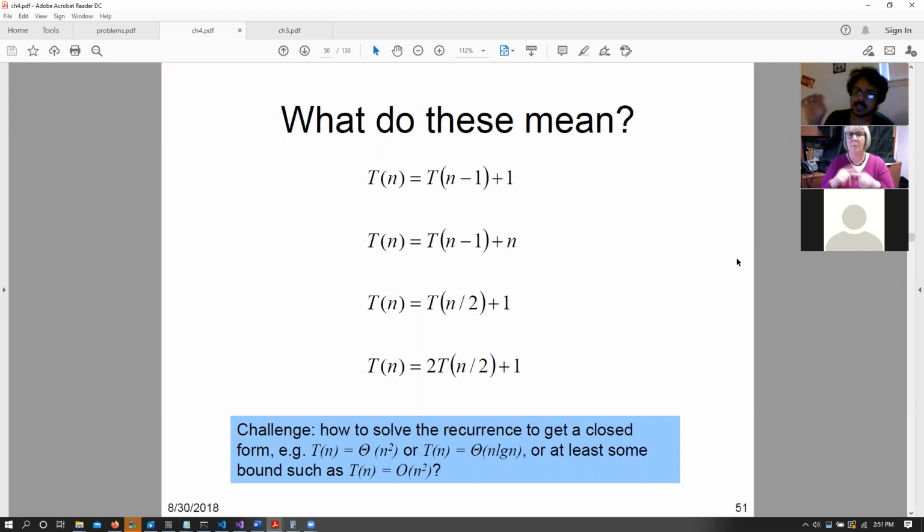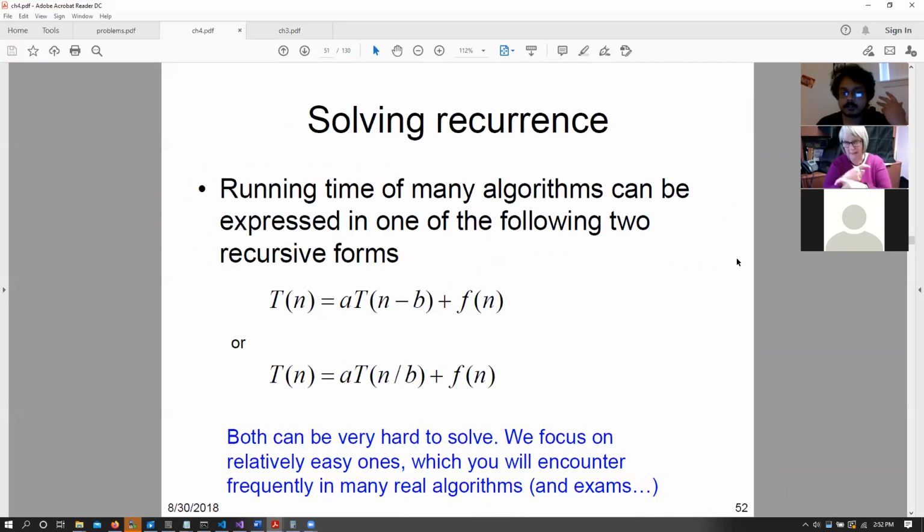Now that we have these recurrence relations, we need to figure out what these actually mean. So what is the time complexity of these things? I need the answers in big O, big theta, big omega, in those notations, right? Recurrence relations give me an indication of what the function does, but do not tell me what the actual complexity of this algorithm is. So in order to find the complexity, we have to solve these recurrence relations and get the actual complexity.